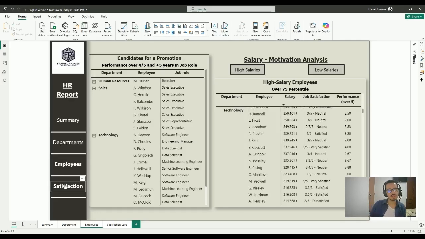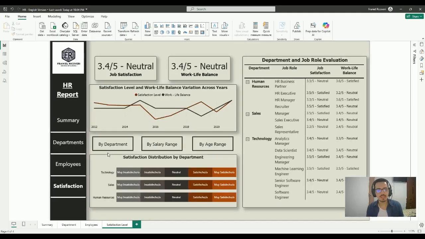Finally, you have a satisfaction analysis, where you have the overall satisfaction in the company, which is very neutral at 3.4, and work-life balance also, by the analysis the company has done in the survey, and you have a nice graph where you can analyze